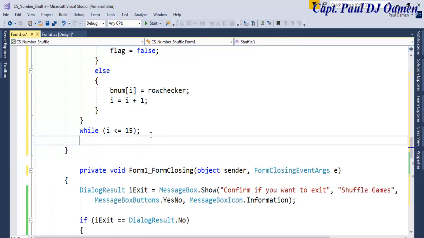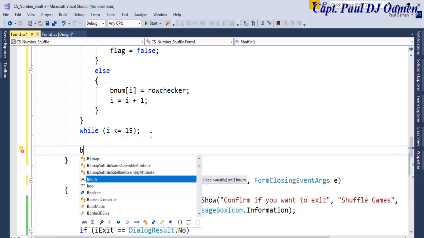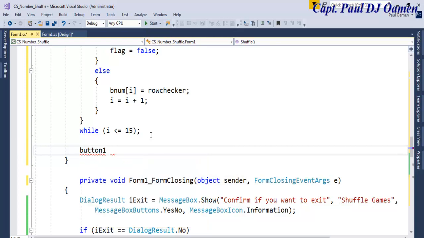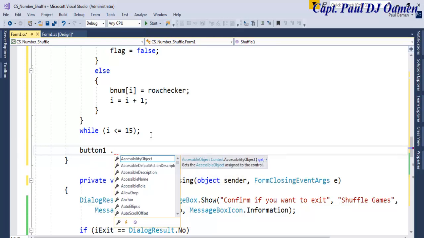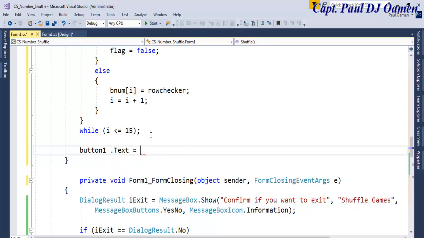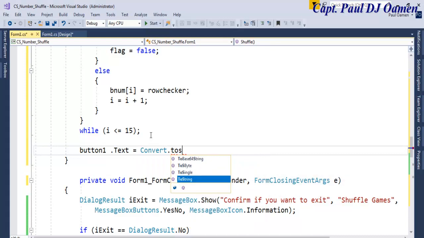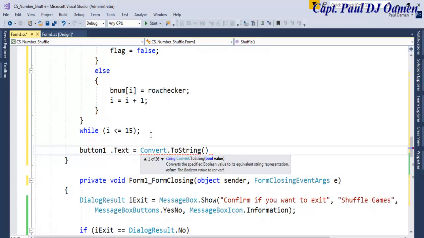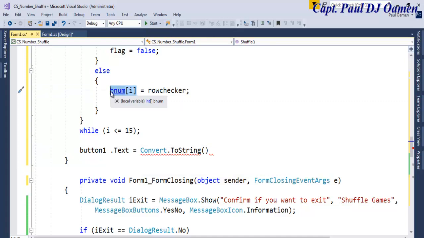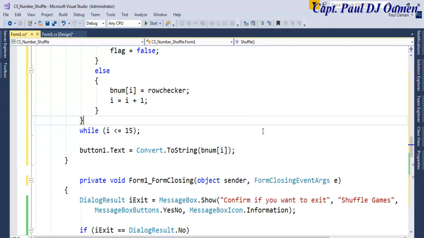Let's then say button 1 dot text equals, I'm going to get that converted, dot to string. And what am I converting to string? That is going to be this very one here. Copy all of that, paste that right in there, and semicolon here. Right, that's for the very first button, so I'm going to repeat the same thing for button